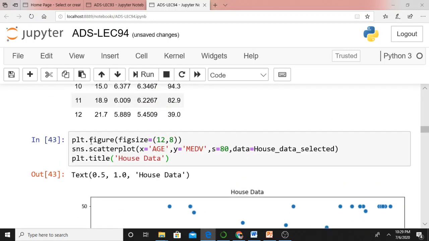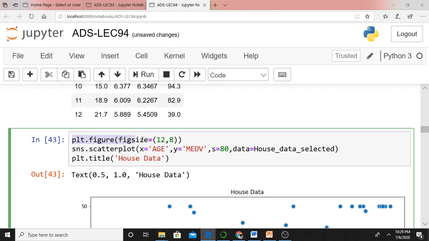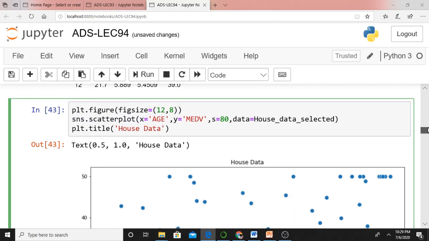We already discussed this. plt.figure figsize, I need not discuss again and again. sns.scatterplot, on the x-axis I am taking age, on the y-axis the median value of the house, s equal to 80, data equal to my data frame house_data_selected, isn't it? I already explained the size.